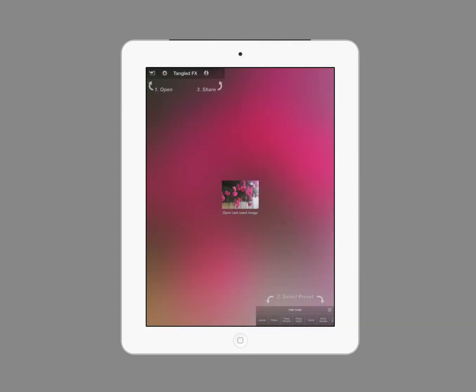I love this app, but I like to use it with the effects cut back a little bit. So I either lower the settings, and I'll show you how to do that, or I bring it into another application that has layers, and I apply perhaps the original photo on a layer with a blending mode, or I try a couple different apps and bring it in to just kind of get back some of the detail that I've lost. So the first thing I'm going to do in here is click the little gear at the top